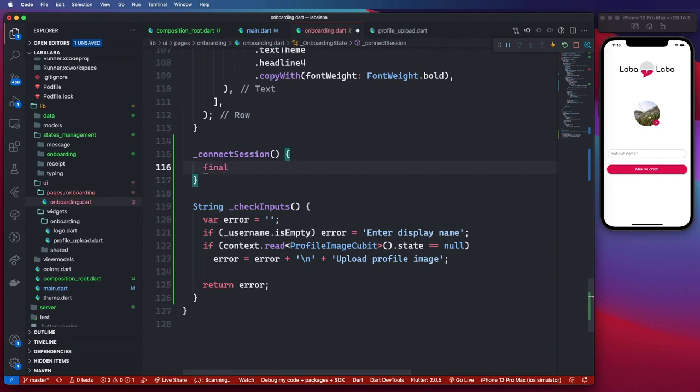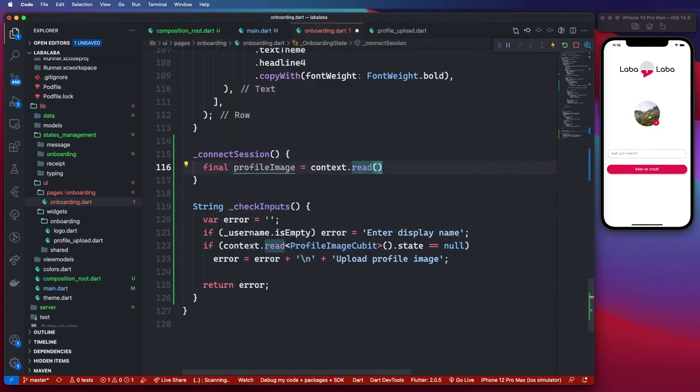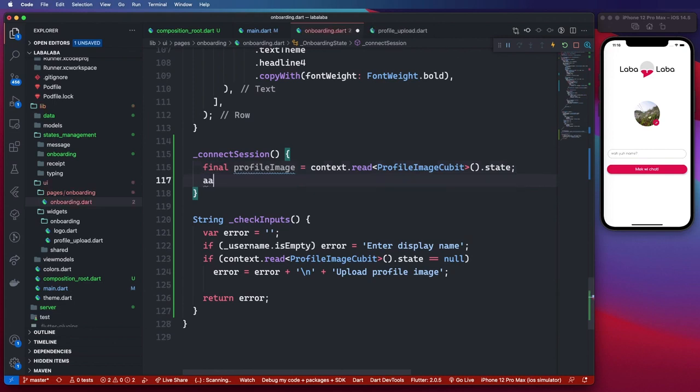So for this method, I'm just gonna get the profile image again. Just gonna get the profile image from the profile image Cubit using context read. And the state variable, which holds the file. Then I'll say await context